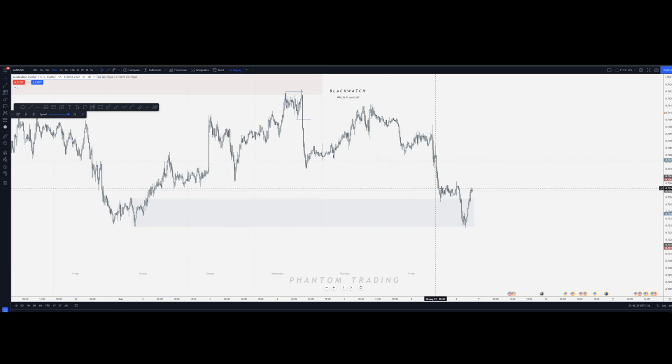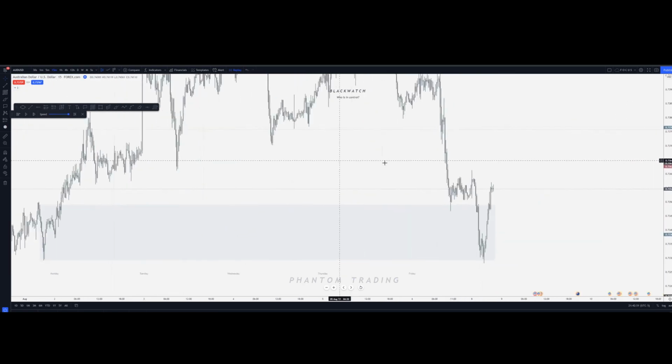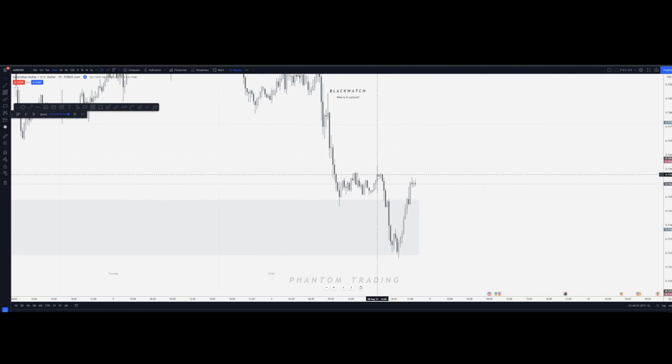Okay, so after it took out that low, and again, what session was that? That's Asia, yeah, Asia low. Go figure, right? Sweeps the Asia low, and we get this huge push to the upside. Now, of course, there might be something on the lower time frame here, but I'm going to focus on the 15 minute. I don't want to lose sight of this left side here, but let's just see what happens, right?